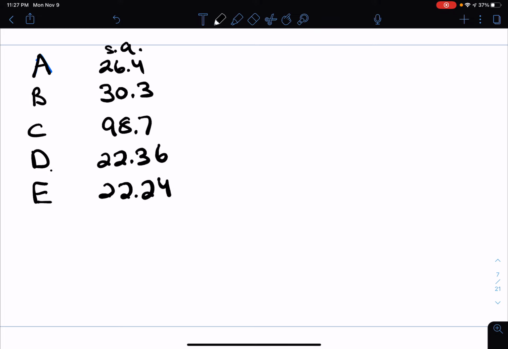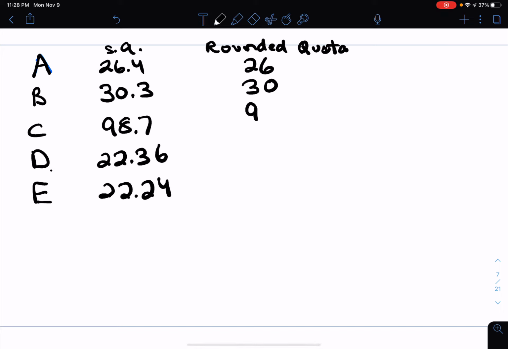Well, by Jefferson's method, if we wanted to look at our rounded quota, 26.4 would round down to 26, 30.3 would round down to 30, 98.7 would round up to 99, 22.36 would round down to 22, and 22.24 would round down to 22. Remember, you're just looking at that first decimal place, and if it's 5 or higher, round up. If it's less than 5, just the integer part stays the same. So if we follow that, like Webster likes to do,